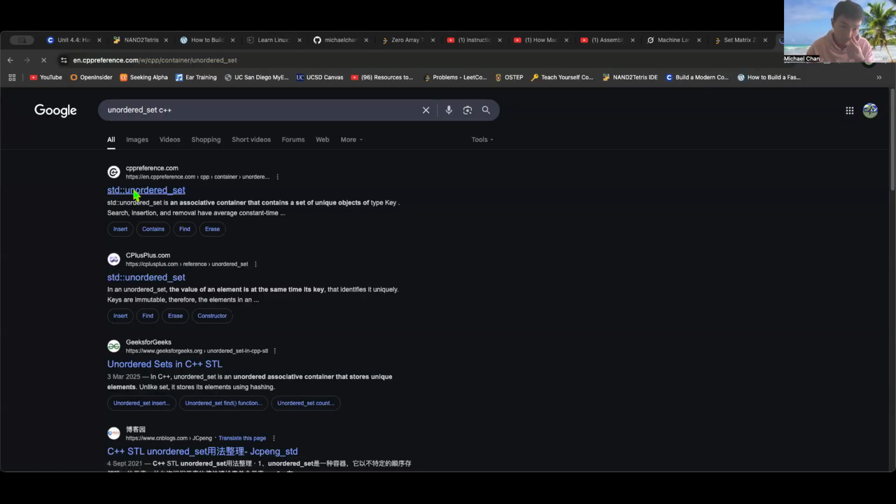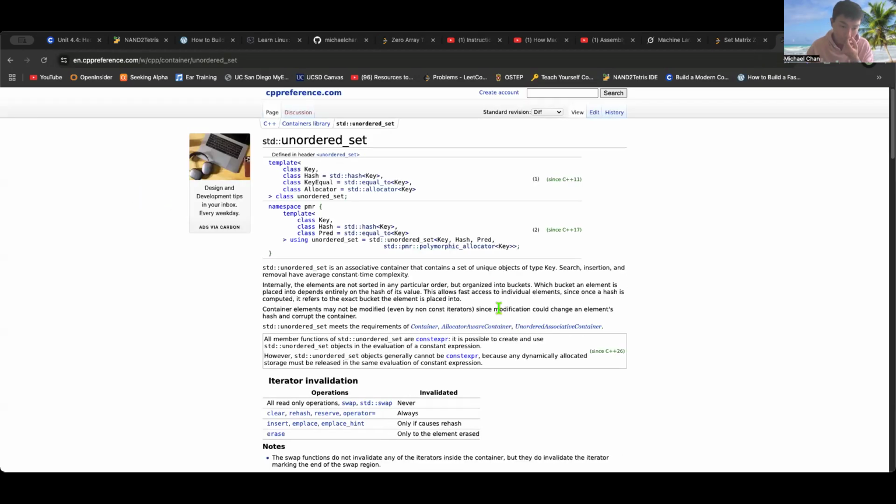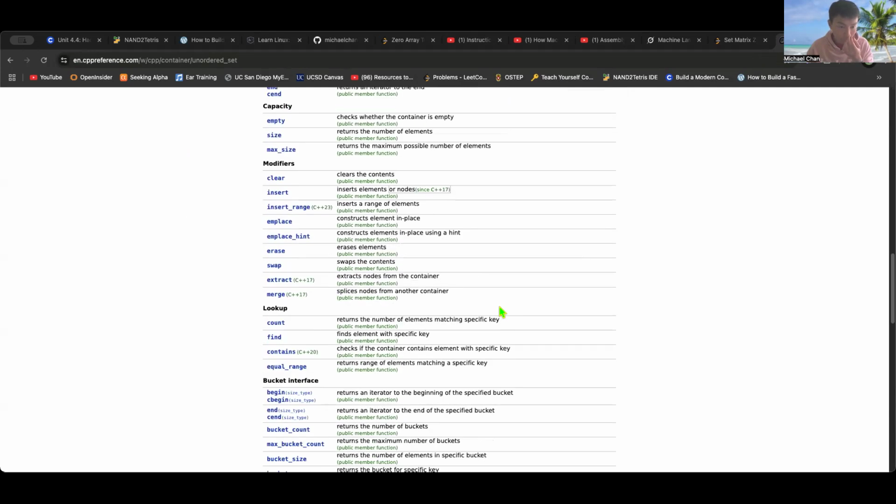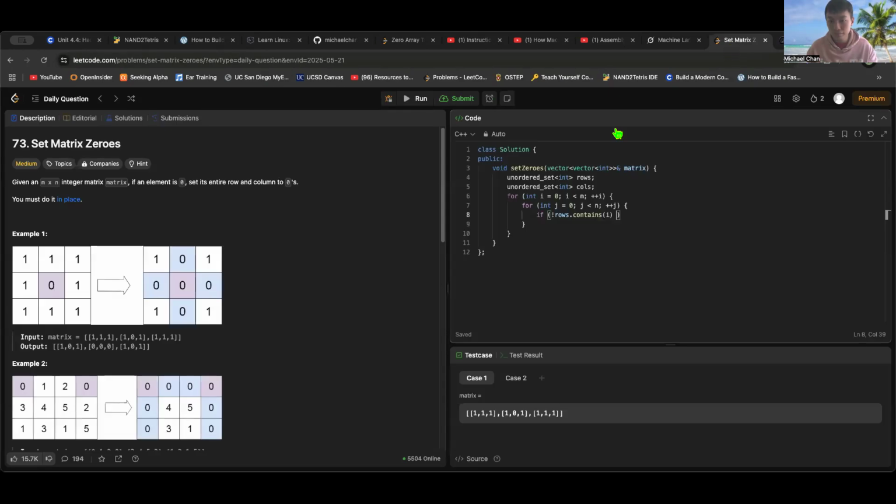I think it's contains, yep. If rows does not contain i and columns does not contain j